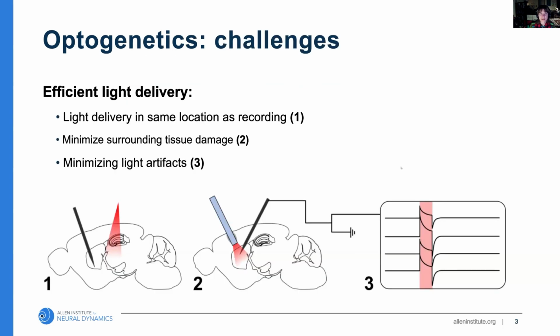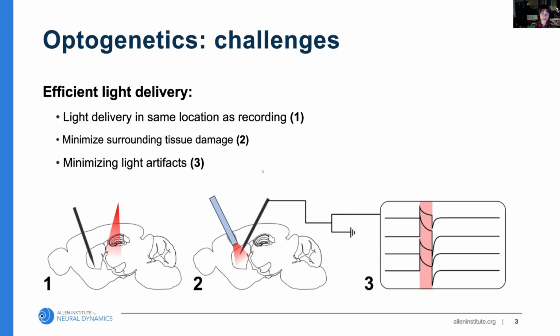However, despite optotagging being the current gold standard for identifying cell types during electrophysiological recordings, it's not an experiment that's very commonly done, simply because it can be a challenging experiment to pull off. So in addition to the fact that you need transgenic animals,